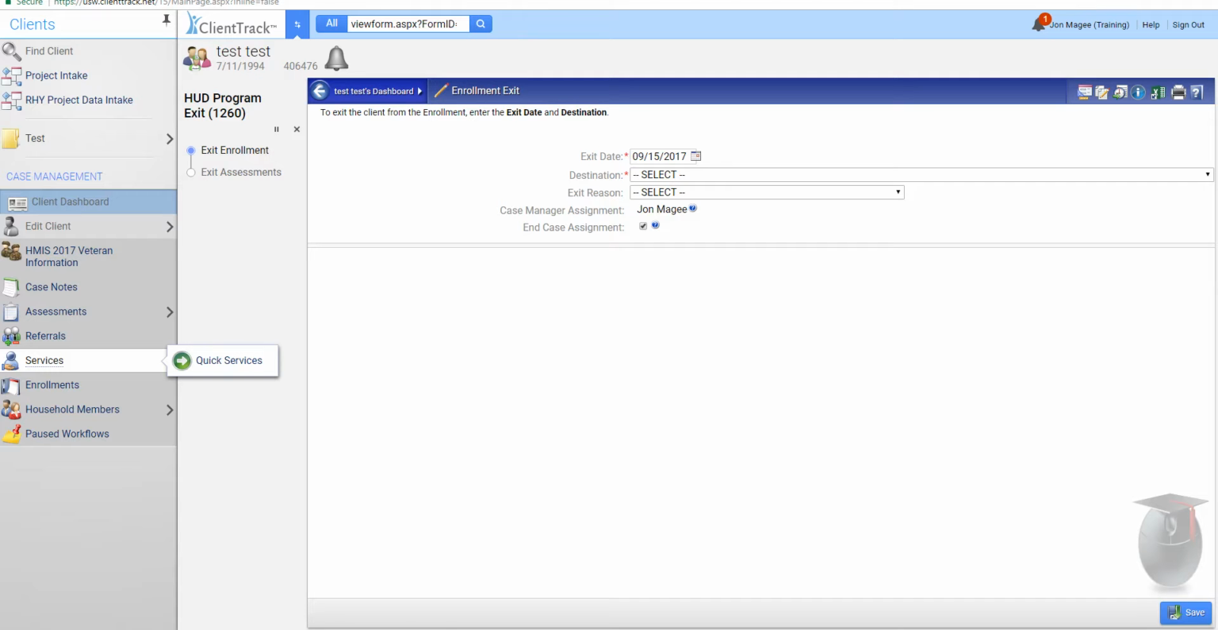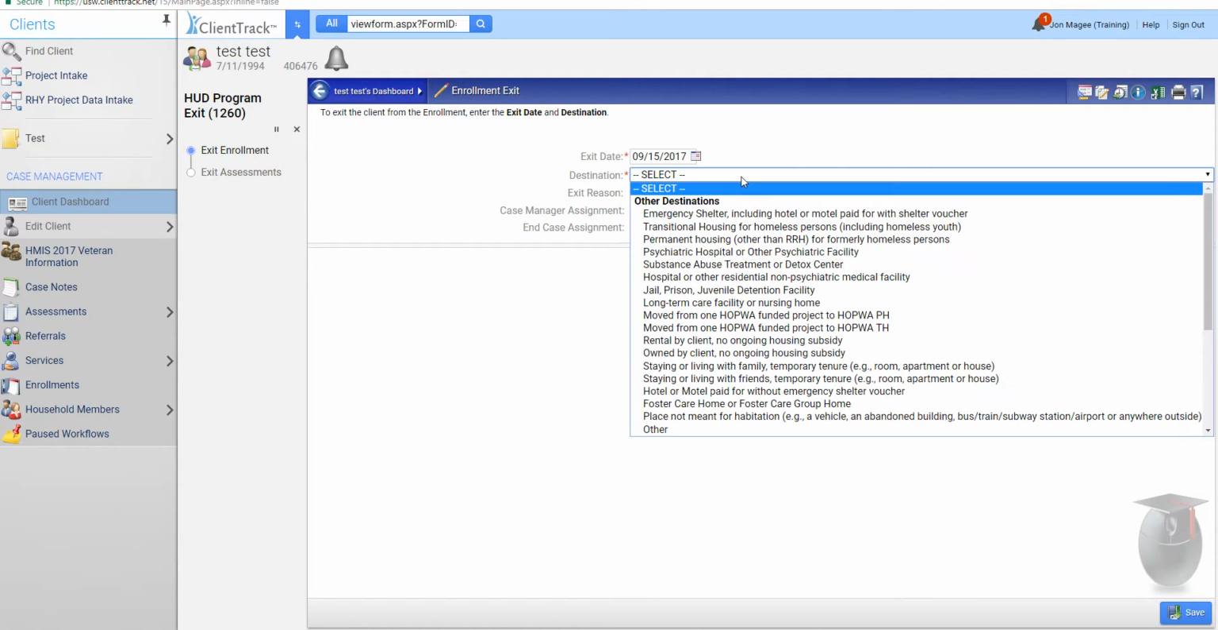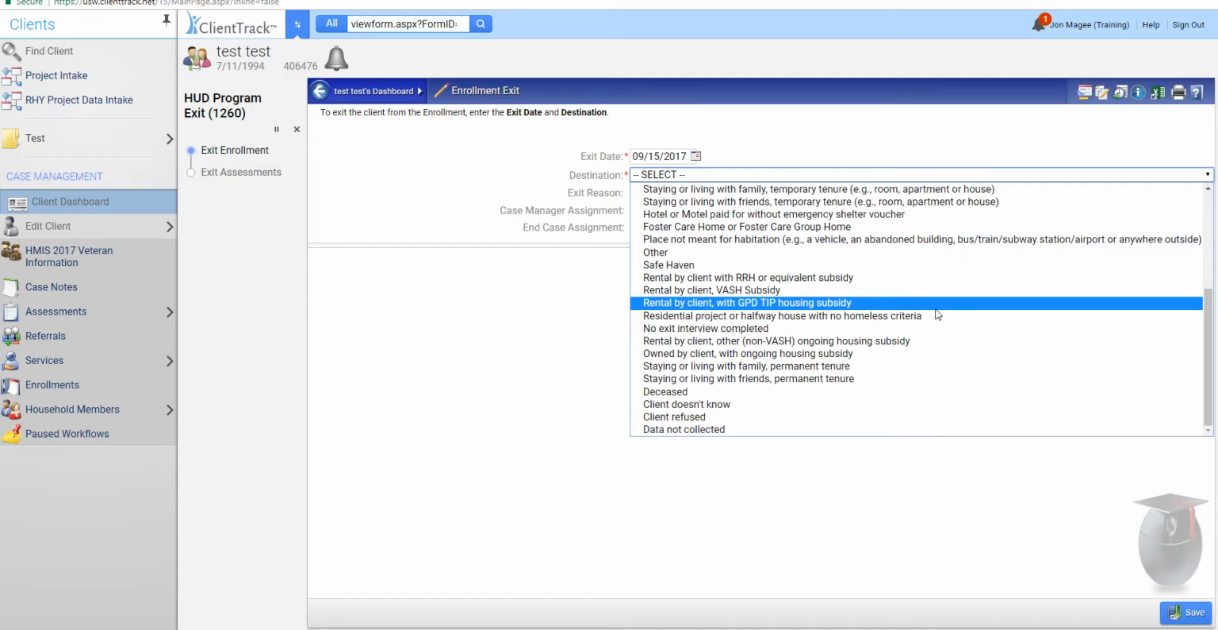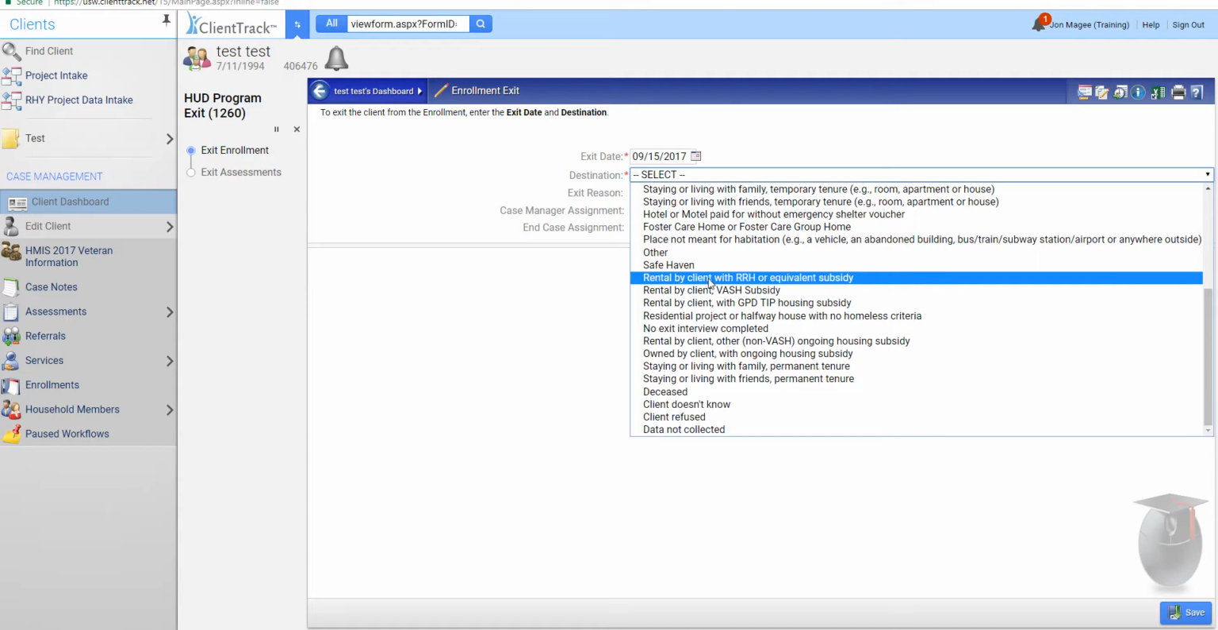In regards to the exit process in ClientTrack, there's only one change coming with the update, and you might not even notice it if you did not know to look for it. So I want to go over that with you real quick, and it's under the destination question when you exit somebody. So there is one brand new field here, and that is the rental by client with rapid rehousing or equivalent subsidy. So if you are exiting someone and they are going to a rental house and they are getting rapid rehousing dollars, you want to be sure to, one, ask the client that,